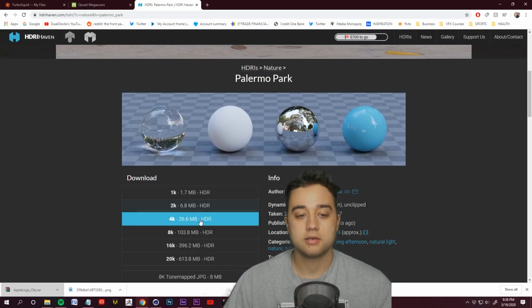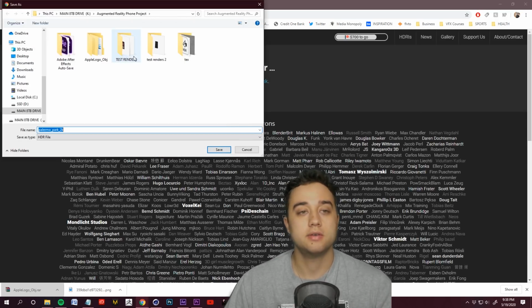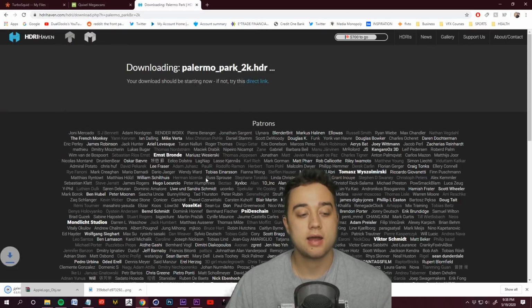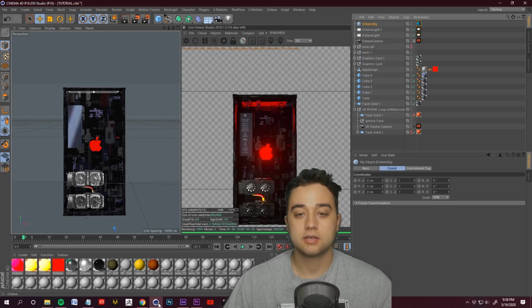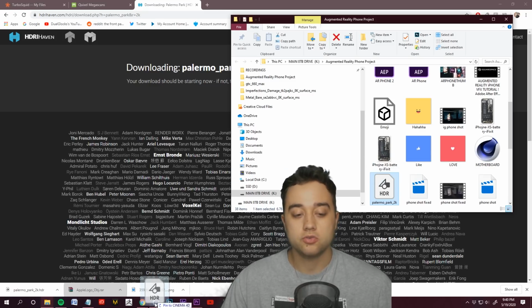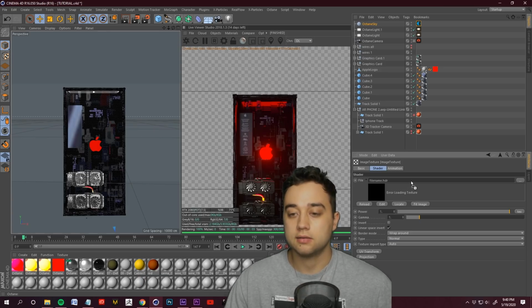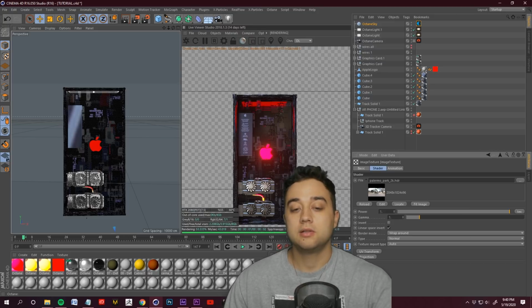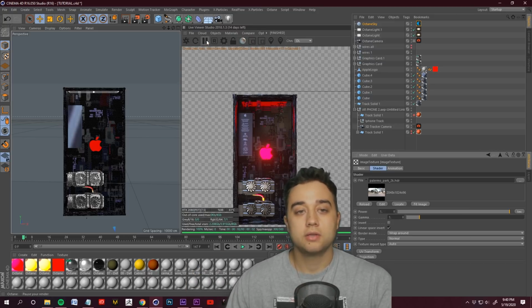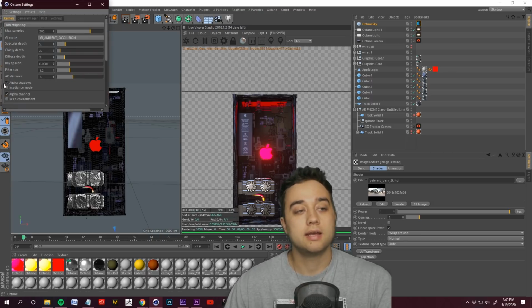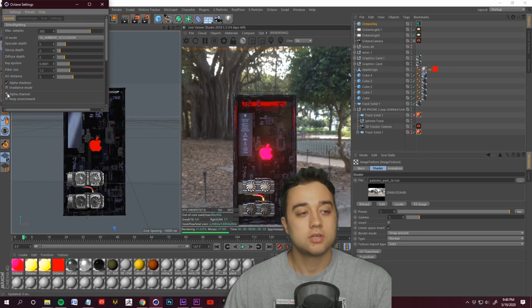So we're gonna go ahead and just download the 2K version of this HDRI, and we'll show it in a folder here. And back in Cinema 4D, take the HDRI file into Cinema 4D and just drag it right there. So now it's going to be loading the lighting and reflections of that. And you can't really see it, so let's go ahead and just open our Octane settings, turn back on the